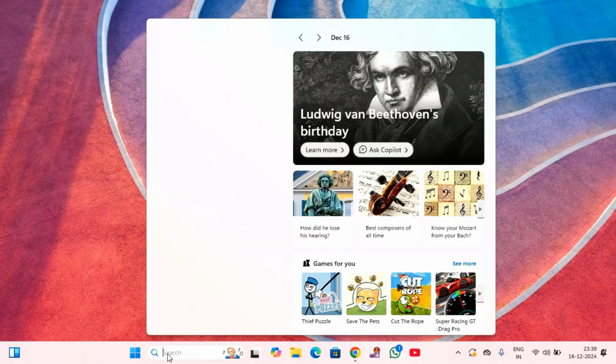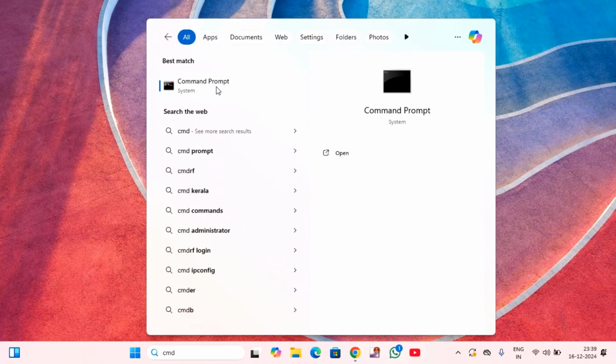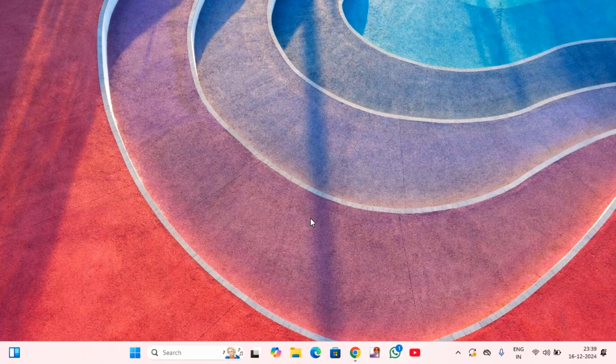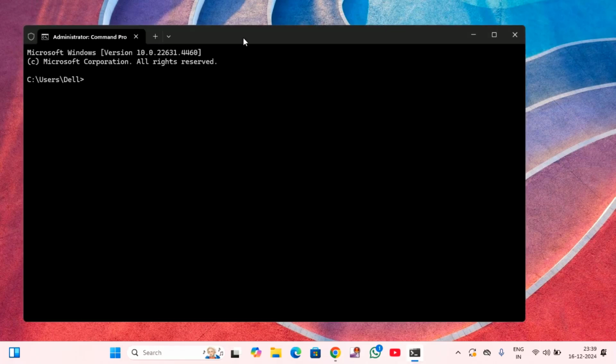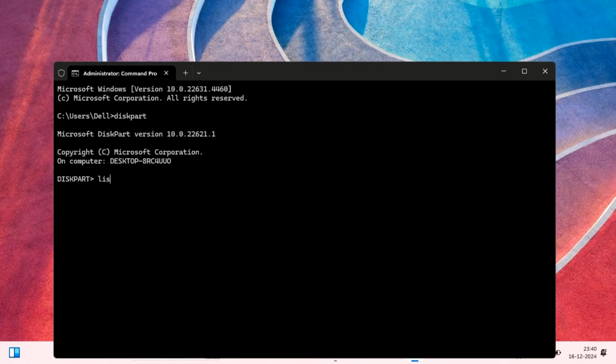just click on search menu, then type cmd, right click on this command prompt, then click on run as administrator. Here you need to type diskpart, hit enter. After that, type list disk,